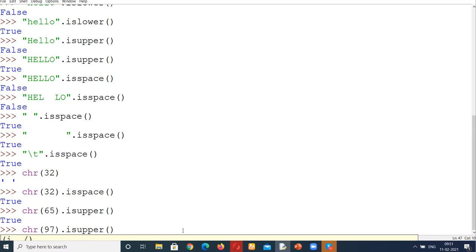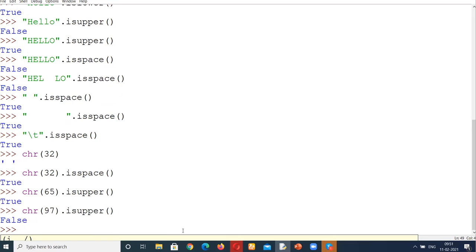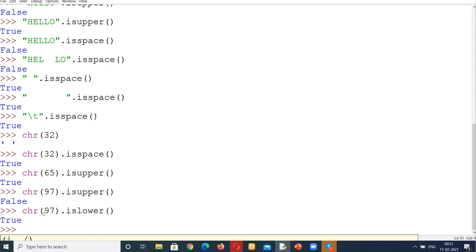What is this? Ma'am, it will be false. Which value? Ma'am, small a. Very good. This is small a, so it will be false. If you use the same thing with islower, you will get true as the answer, because small a starts at 97.